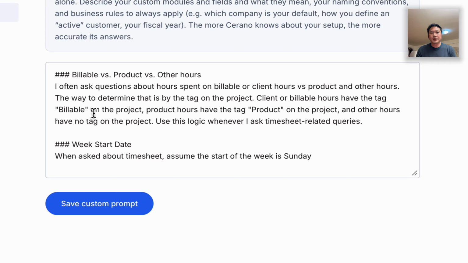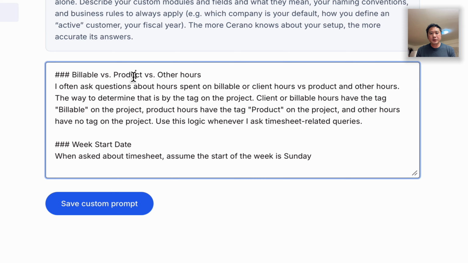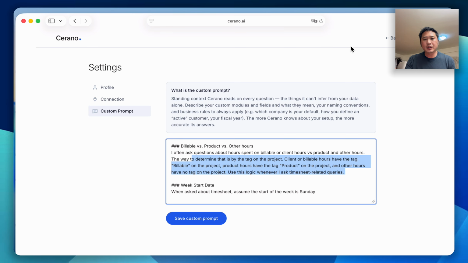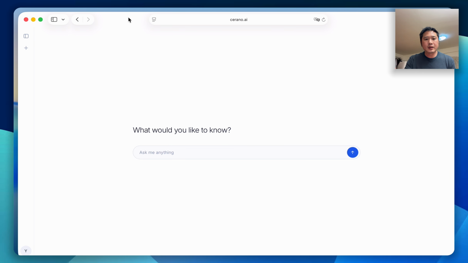It doesn't know about the peculiarity of my database. So one thing that I want to know whenever I'm asking about the hours spent is to distinguish between billable hours, product hours, and other hours. And the way I set it up on my database is I tag those projects with the tag billable, product, or no tag. So this is basically, I'm telling Cerano, just in plain English, this is how I set up my project. And that is the reason why, if I go back to the result,